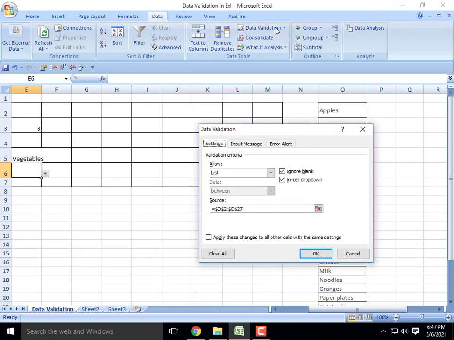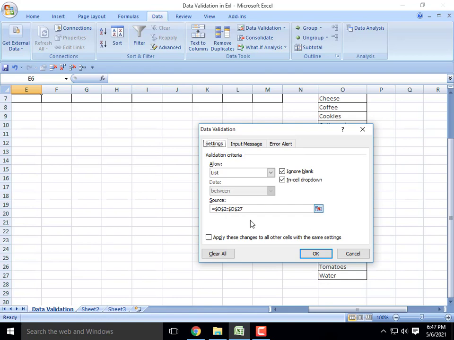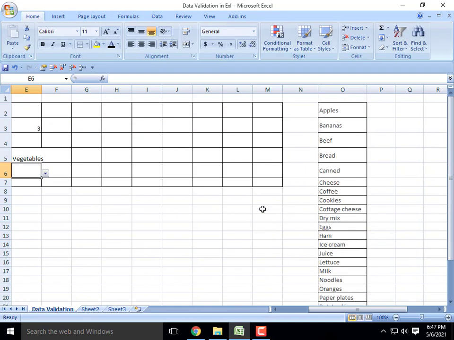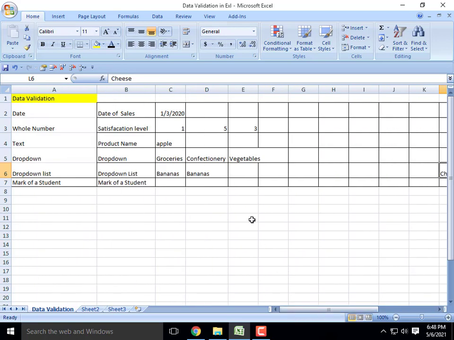Go to Data Validation settings. Select the range from O2 to O27, where the list is, and click OK. Now you get the list. You can select beef, cheese, like this. This is called a drop down list.